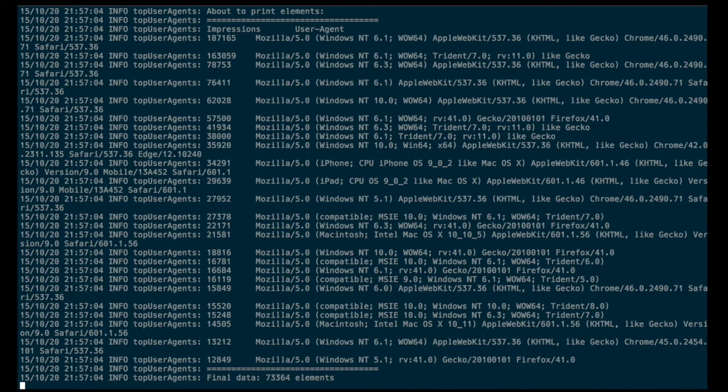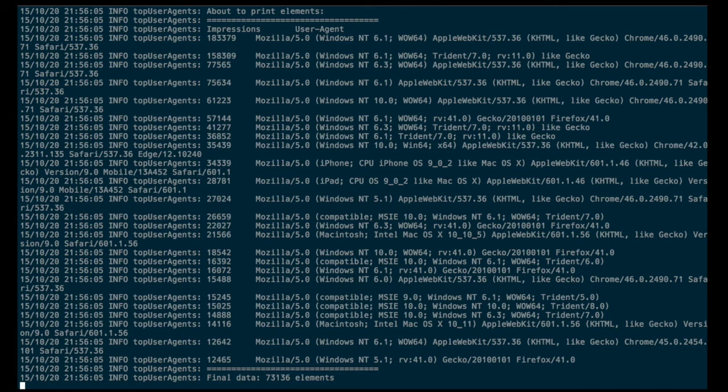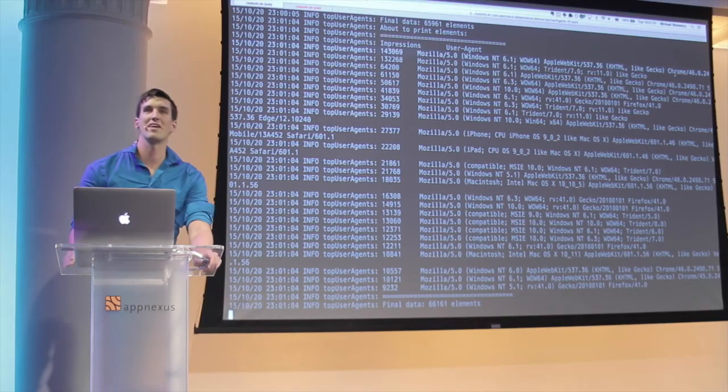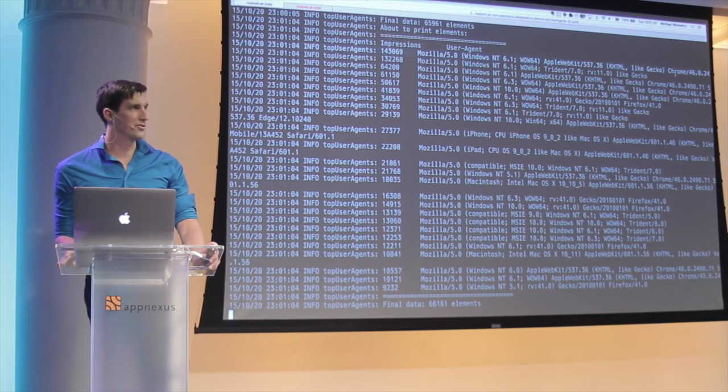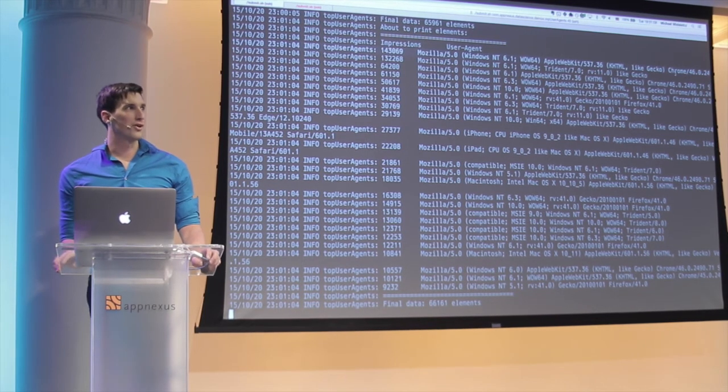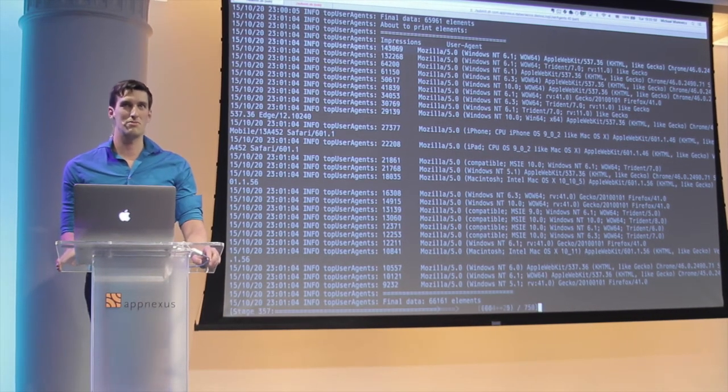This is running right now on production data. And you can see that this interval is set to 1 minute. So in the last minute, we had approximately 145,000-ish impressions from Mozilla 5.0 running Apple WebKit, which is actually Google Chrome. An interesting fact that was pointed out to me earlier today, I sort of forgot about this as an aside: it turns out that every browser on the internet these days claims to be Mozilla.